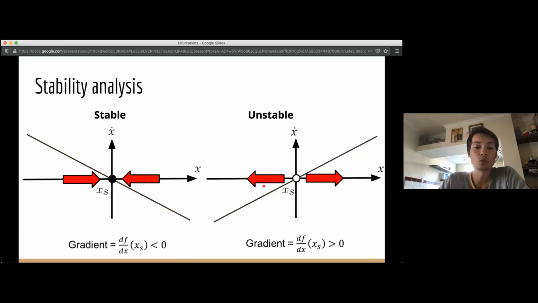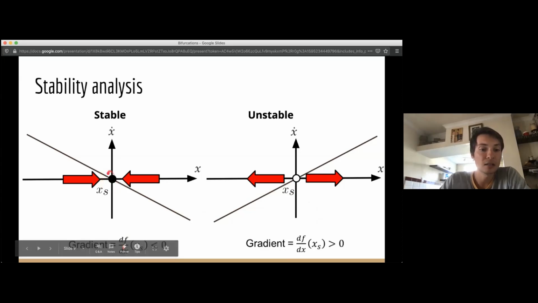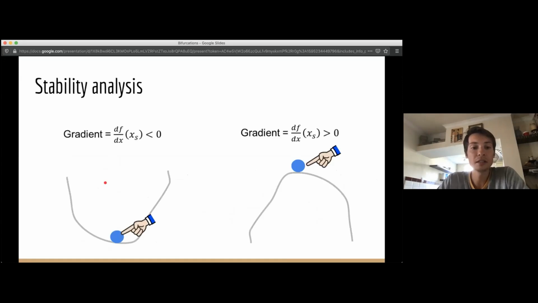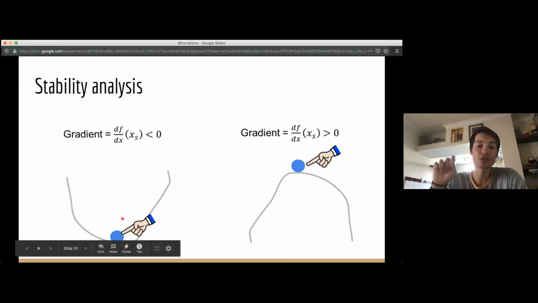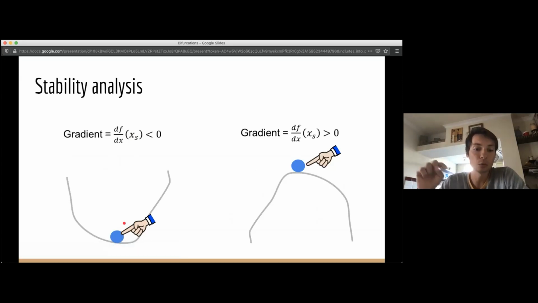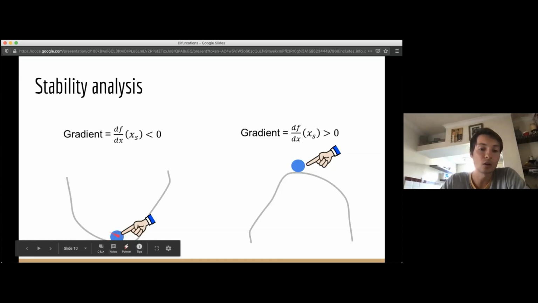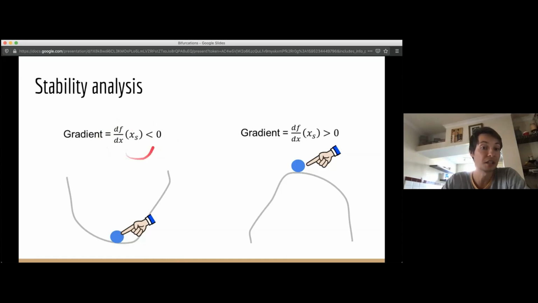And more formally, what we do is we compute something called the gradient, which exactly describes what is happening with our function in the proximity of our fixed point. The other way to look at it is that we make a little nudge, or we poke our system at the fixed point that we are interested in analyzing, and then we observe what is happening. When we nudge it a little and it comes back to its original location, then that would be a consequence of a negative gradient at that point. When the gradient is positive, then that would mean that after our gentle poke, the system would be completely distracted from its